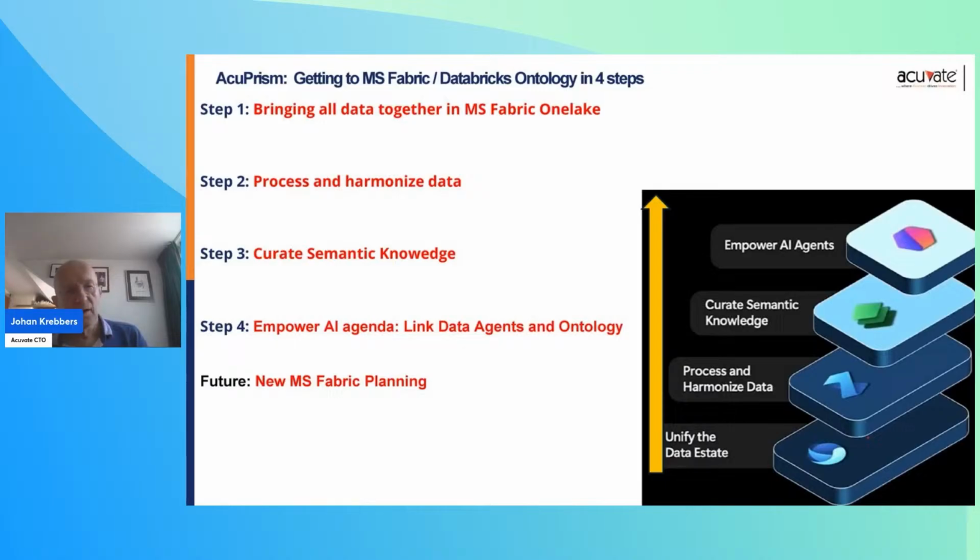You can use your business language and your business naming for accessing that data. So that's why ontology is so important, because it describes your business in business language, and then you can use things like Copilot or dashboarding in your own language to get access to that data and learn anything about that data.